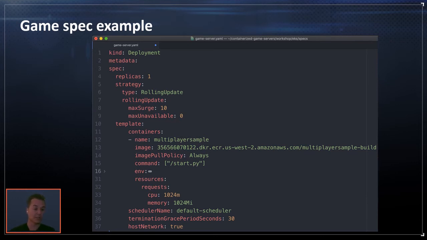Another point is that you can specify the limits on how much CPU and how much memory you want to allocate for each game server. And finally, you can specify all kinds of metrics related to the way that you are deploying the game server. For example, in this example, we are saying, keep 10 game servers healthy all the time, no matter what. And we're going to see how the rolling updates